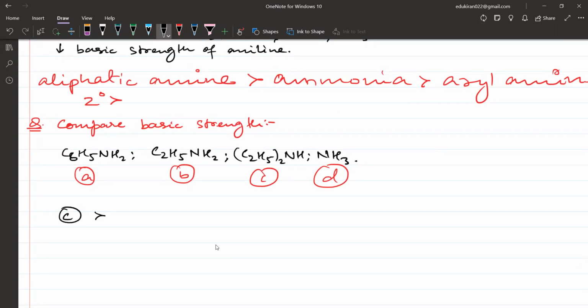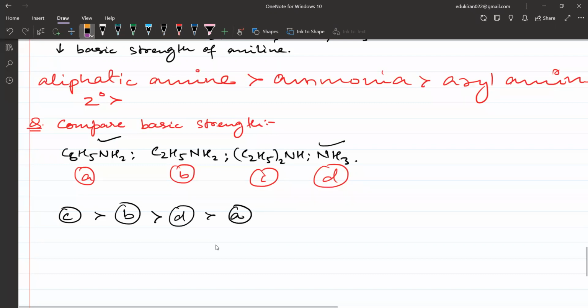Yeah, we have B, that is also aliphatic amine। aliphatic मतलब aromatic जो नहीं होता। Okay, then after B we are going to have ammonia, because now we have to compare between aromatic amine, aniline and ammonia। तो अभी हम लोगों ने लिखा ना अमोनिया का ज्यादा होता है, तो C, B and then D and then A। Okay, this will be the order। नबील आपको समझ में आया? Yes, sir. Write this fast, write this fast guys।